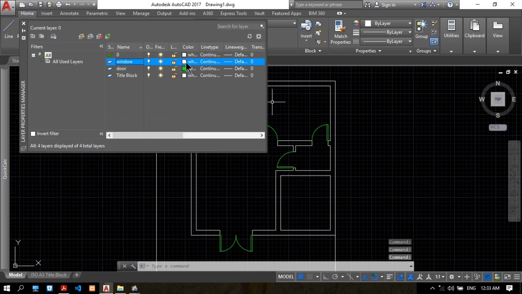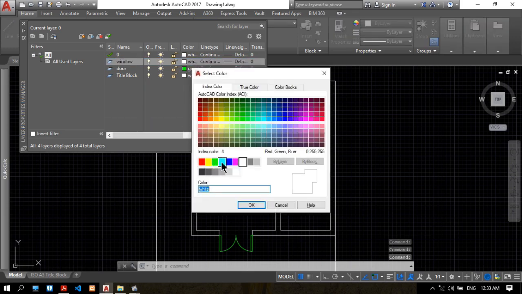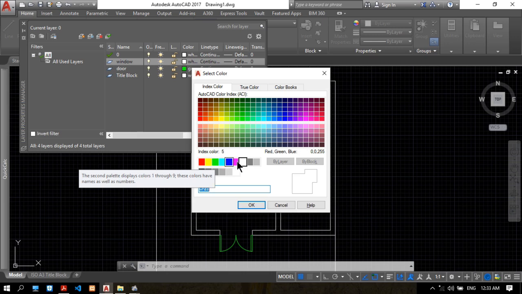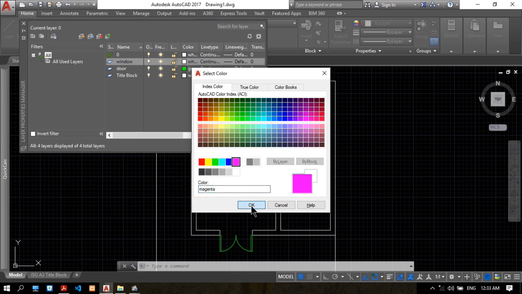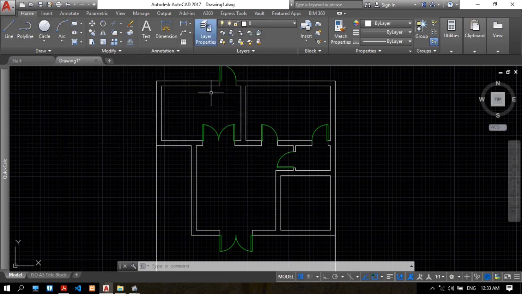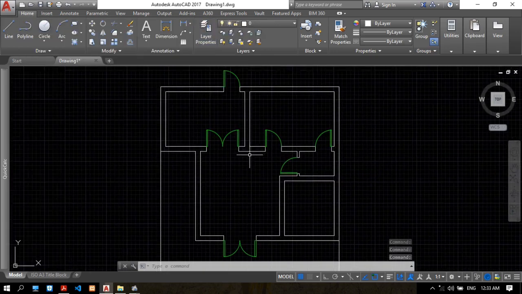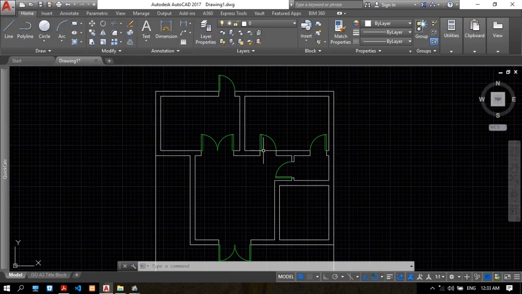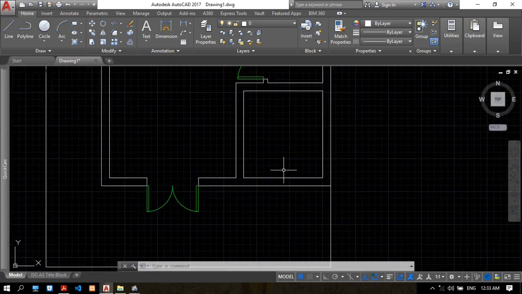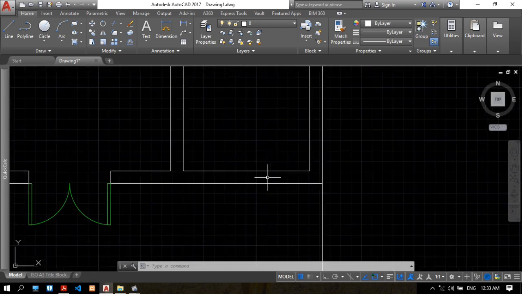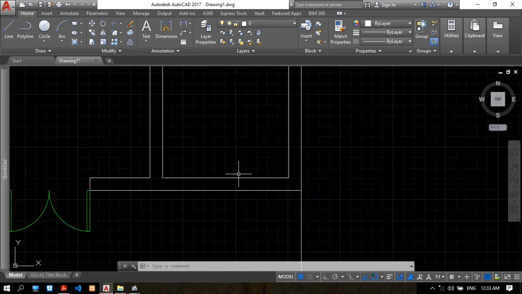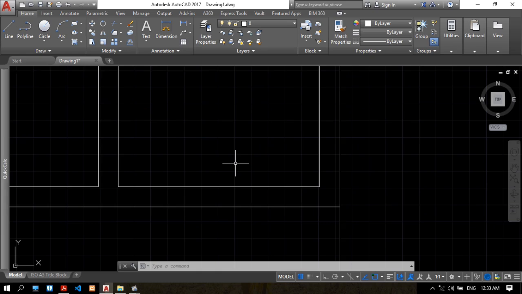So the window color is magenta. Okay, so the window color is magenta. Okay, the window color is magenta. Window here, so use the smallest window, so choose the window here,